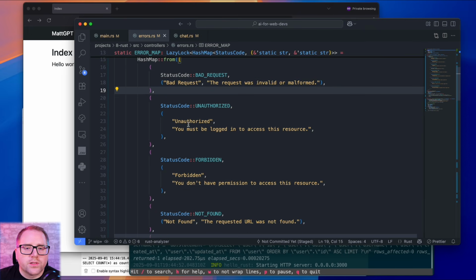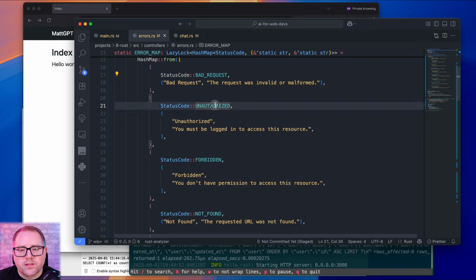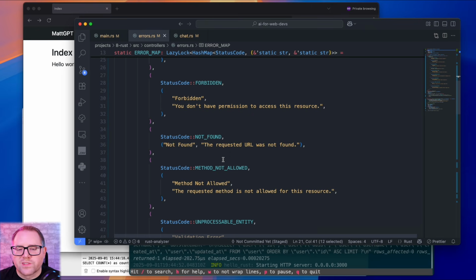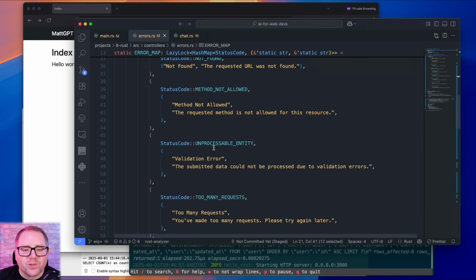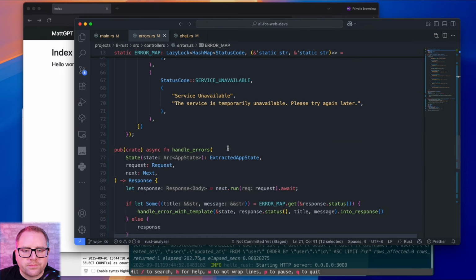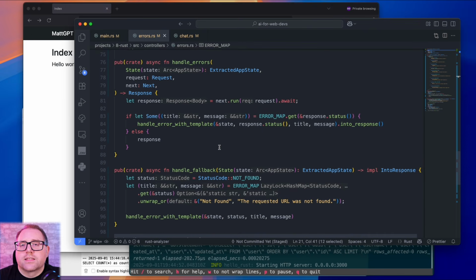So we've got all of our status codes here, bad request, unauthorized, well, most of our status codes, I should say, the ones that we're going to be dealing with. And then what that means is instead of having to have a helper function for each of the status codes, we can just pluck it out using that hash map.